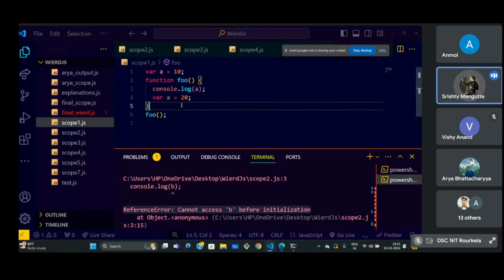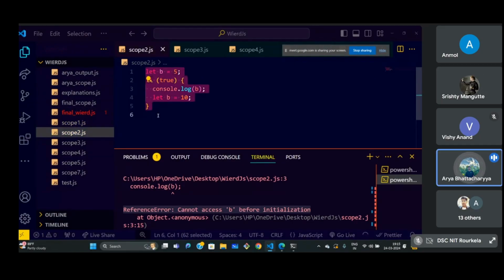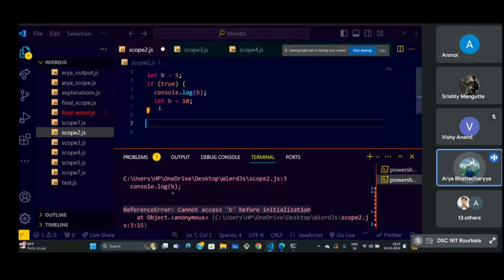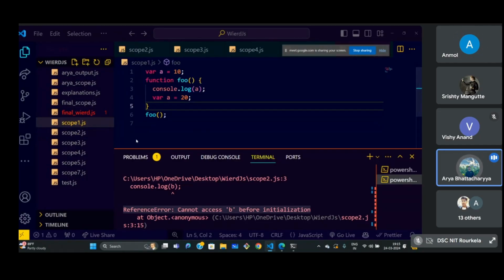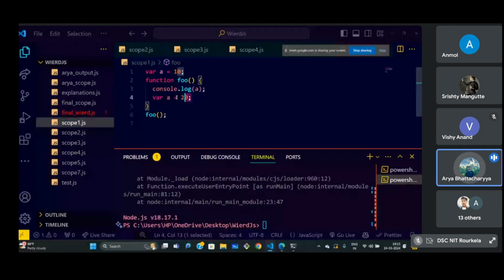Because in the first case we use the variable before initializing, before declaration, right? Correct. In both places the same thing is happening, but due to the difference in hoisting methods, hoisting is only done for var. When hoisting happens this way, a reference error doesn't show. In the case of var hoisting we get undefined, because the declaration goes up and overshadows. 10 and 20 overshadow 10, so there is a conflict between the two, and that is why it returns undefined.